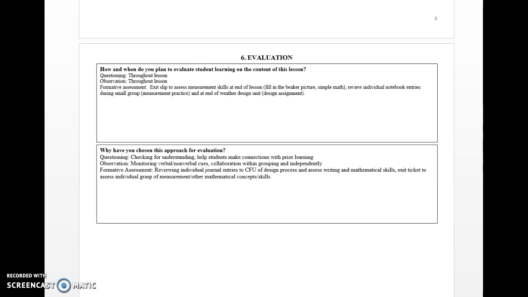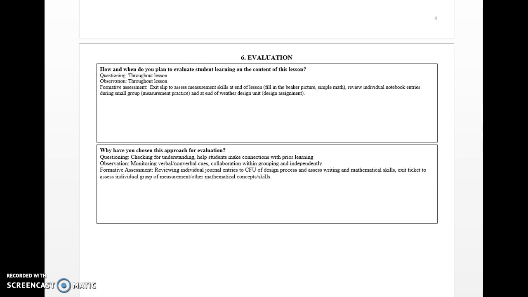That exit slip at the end of the lesson lets me know individually who's got it and who doesn't, who still needs practice. And reviewing those notebook entries, circling the room, checking them out during their small group guided practice for the measurement skills. And then at the end of our weather unit, where they have their design problem, is how I'll be able to tell that they